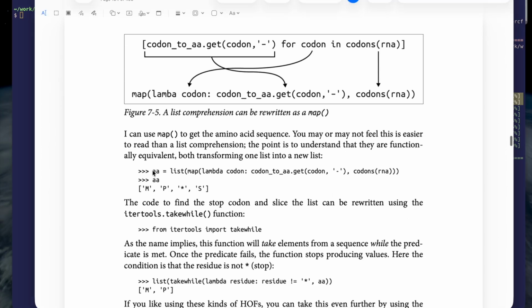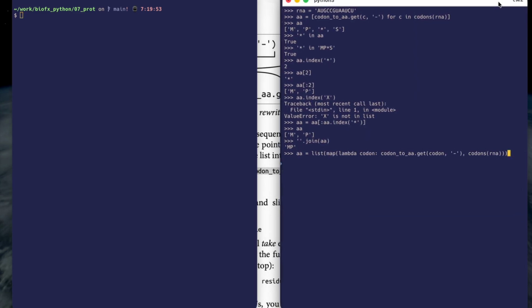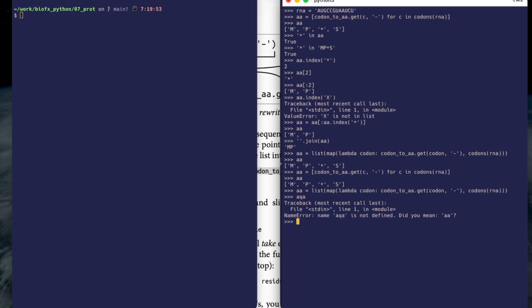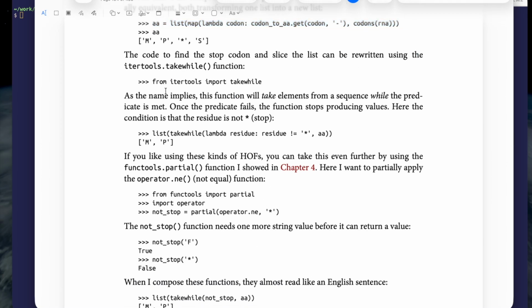So I can take that little function call here. Let me go back into my REPL that I've kept open this whole time. And this is another way of writing this idea. So we saw here, this was one way, and we look at AA, and this is the other way, using a map function. And they both give you the same answer. So why would you choose one over the other? I'm going to show you some things that you may or may not like,